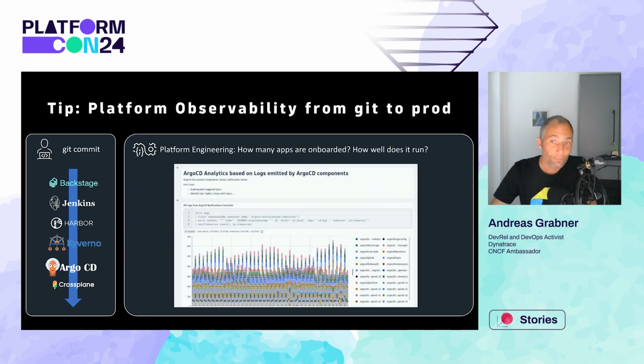Next thing is Argo, right? Argo is an amazing tool out there. It's not only Argo, there's also Flux and many others in the GitOps space. But what you want to make sure is that these tools work correctly. So these tools are exposing Prometheus metrics, they're exposing OpenTelemetry traces or logs, and you can use them to validate how is Argo used, for which projects is it used, how often is it failing, is it failing somewhere, is it getting slower, because you want to make sure if Argo has a problem that you know about this before your developers learn about it. So apply observability best practices to all of the tools.